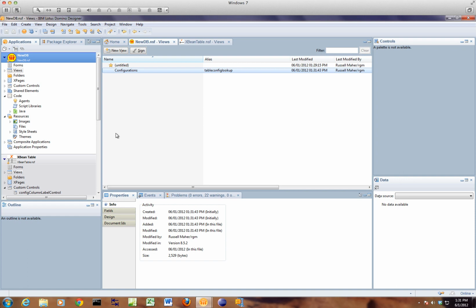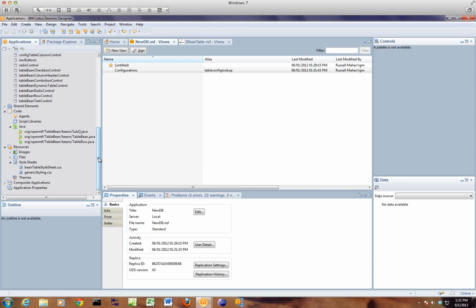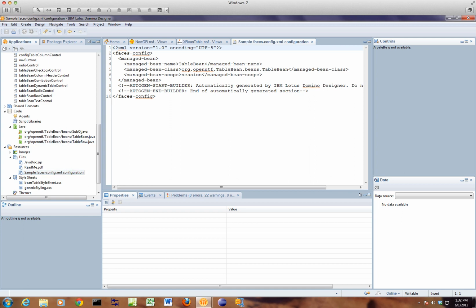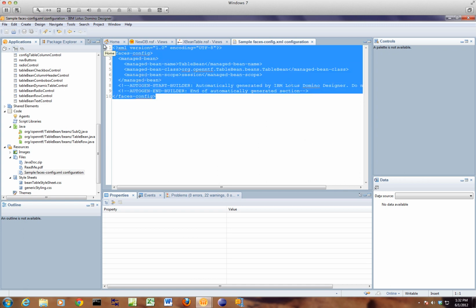The next step is to configure the managed bean. So you configure the managed bean actually in the faces config XML file. In the sample database, I already put a sample file. You can actually just go in and copy the managed bean. Matter of fact, what I would do is I would just copy the whole doggone thing, put that on your clipboard,